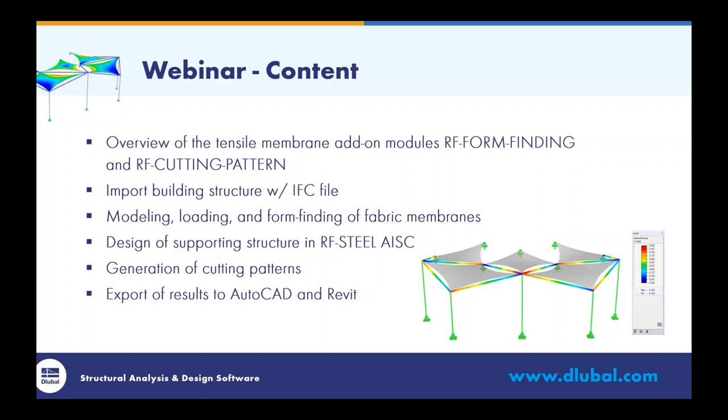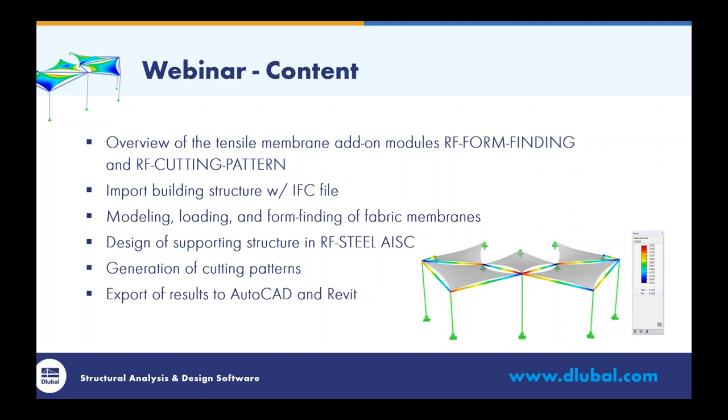So I want to quickly give an overview of the tensile membrane add-on module, RF-FORM-FINDING, and a little bit later on we'll get into the other add-on module, RF-CUTTING-PATTERN. I want to first start off with our example today by importing in a building structure with an IFC file. The purpose of this is just to make sure that we set up the canopy geometry correctly to frame into our adjacent building. Then we'll move on to modeling, loading, and performing the form finding procedure of these fabric